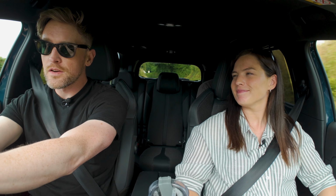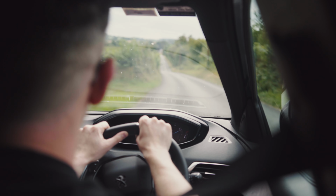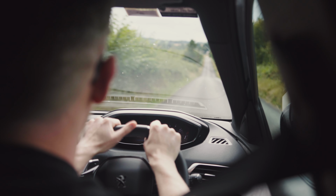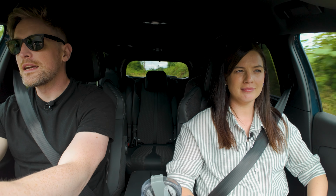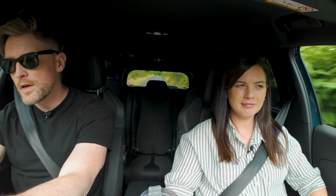So driving the 5008, and I will lead with this: it is a very pleasant experience. Sure is. And as it sits today, there are only two engines in the lineup, a 1.2 petrol or a 1.5 diesel, and both are automatic setups. Today we are sitting in the 1.5 diesel with about 130 brake horsepower, all mated to an 8-speed automatic